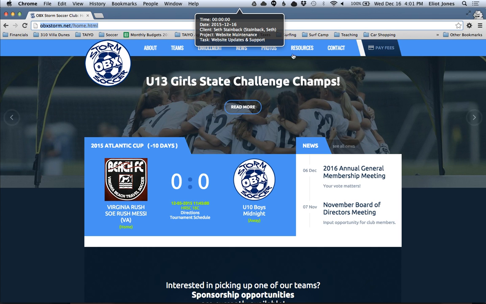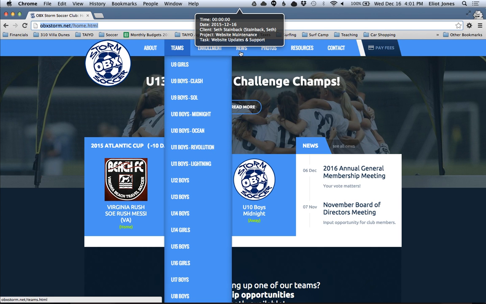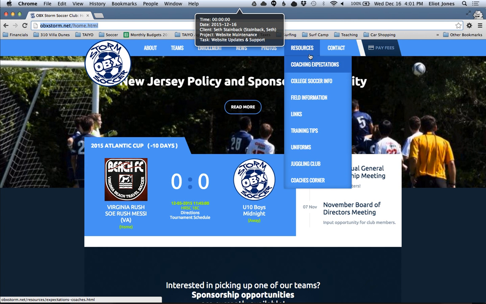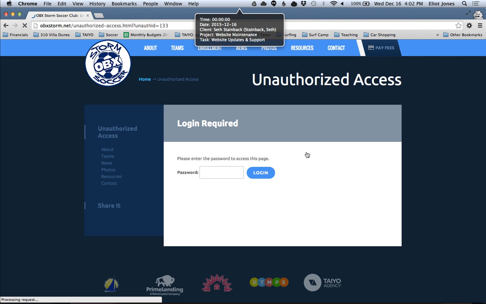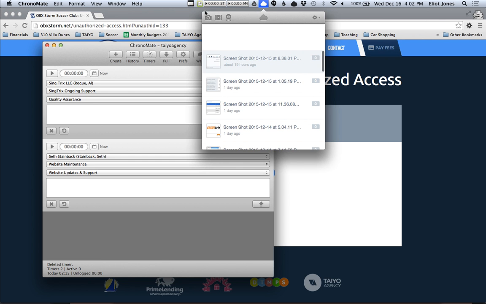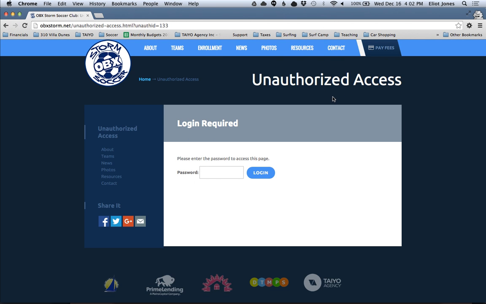I pulled up a browser with the Storm webpage in it, and I'm going to show you where that new section lives. It's under the resources element in the top navigation at the bottom called Coach's Corner. And you see if I go to, let's get rid of this timer. There we go. If I go to this page, the login screen comes up because I have not entered the